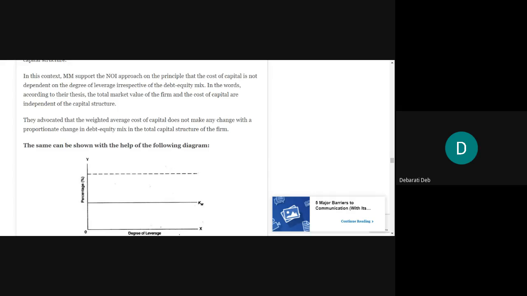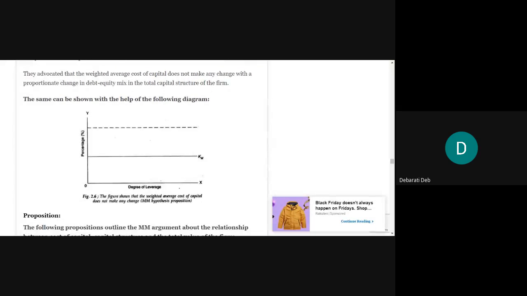Okay, they advocated that the weighted average cost of capital does not change with a proportionate change in the debt equity mix in the total capital structure of the firm. What they again said is that this KW, that is the weighted average cost of capital, will not change if the debt equity mix is changed. Just like the NI approach, when we started with the theories, we started with the NI approach, and there we saw that if you increase the amount of debt, the value of the firm also equally increases. But